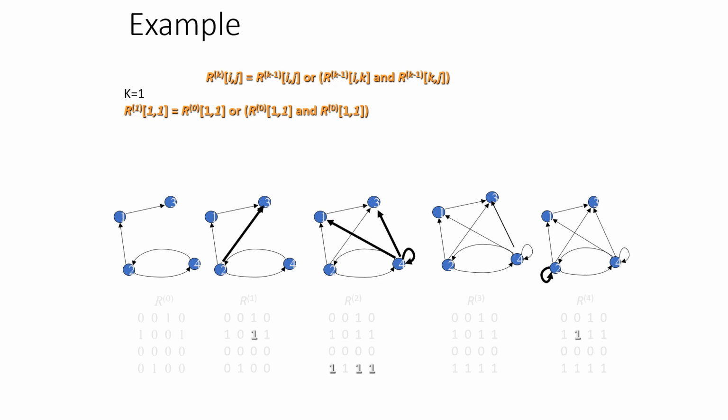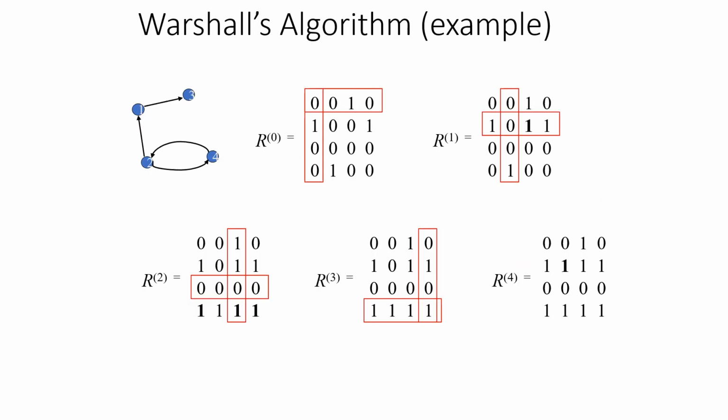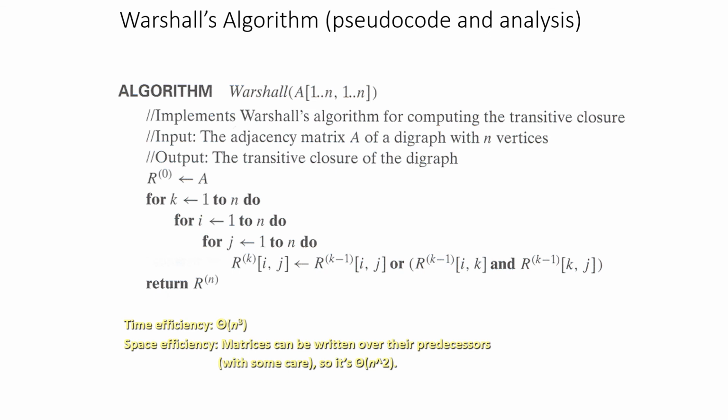Now this is an equivalent matrix representation of those things consolidated. So this is the answer which we are getting after each iteration. So this is our algorithm. See here, the same formula is repeated. Either it must have a value from the previous iteration, or for this iteration, if those two cells, ik and kj, are 1, now I can set the value as 1.